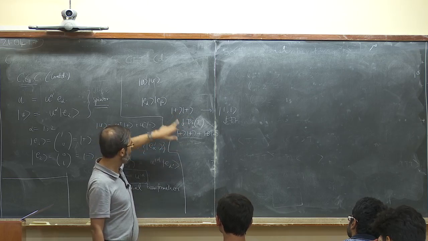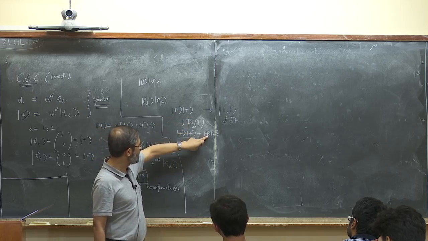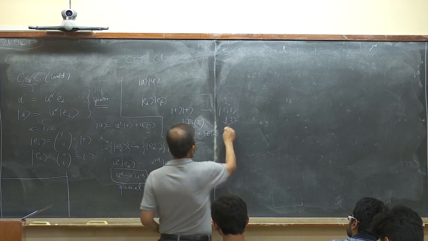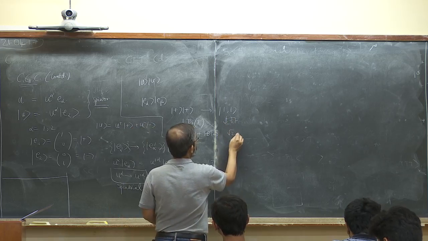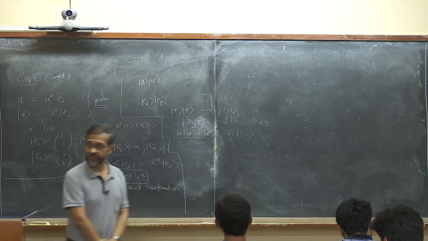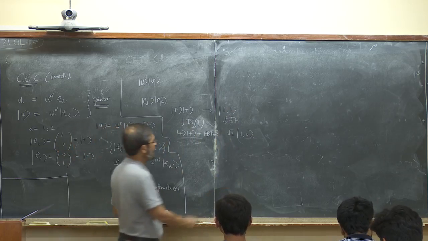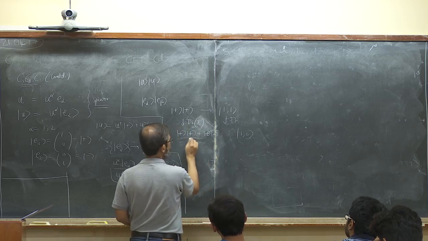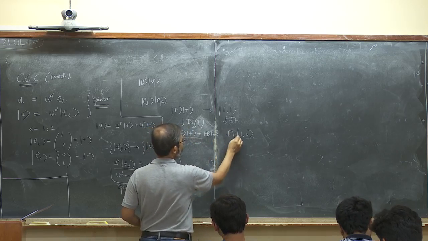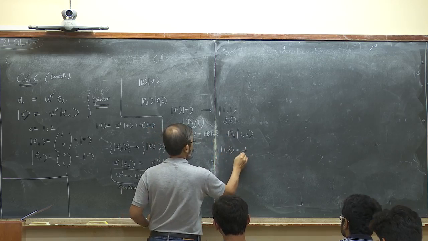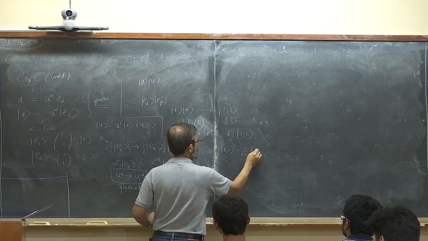This is Leibniz rule, remember, and this remains the same, and this becomes minus without a coefficient. On the other hand, on this side, I do pick up a coefficient by acting on J minus. This is a spin 1 representative of J minus, and I get this. So as a result, I can take this here. So this is what you get, and the identification was that this identified